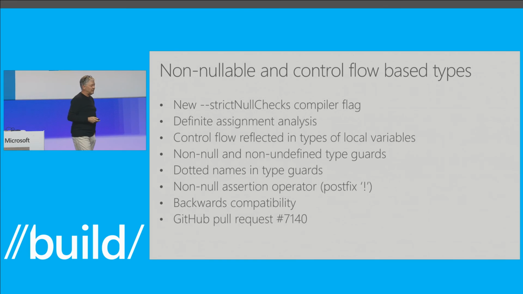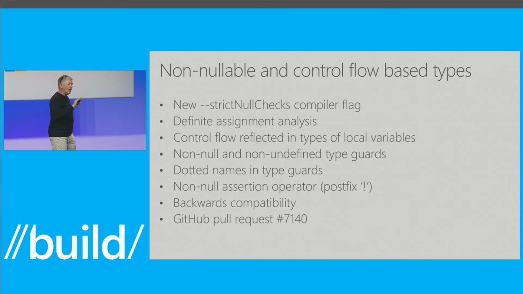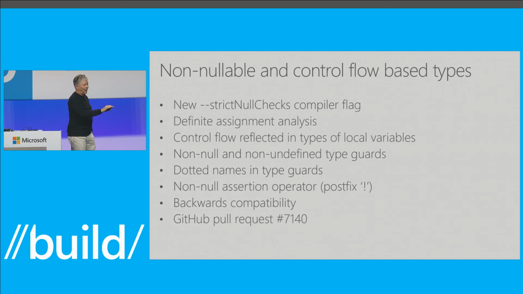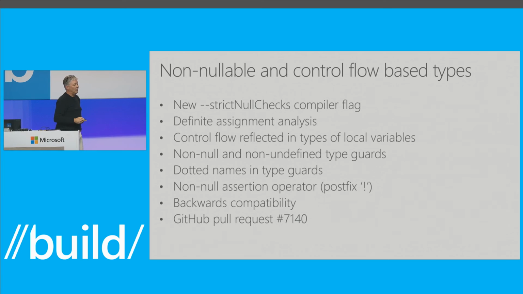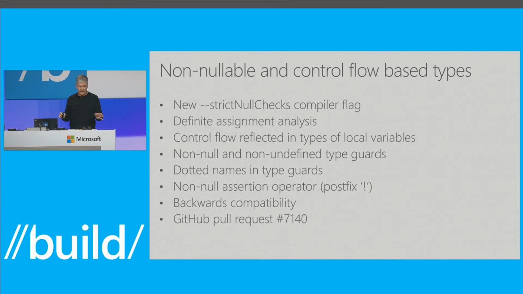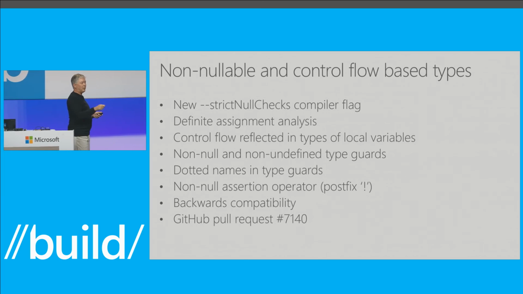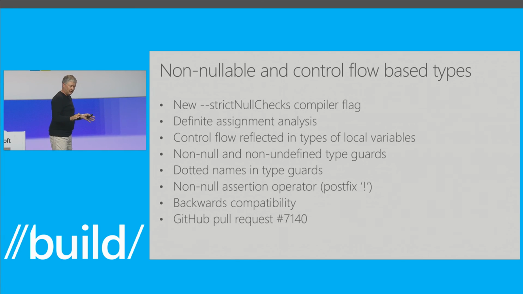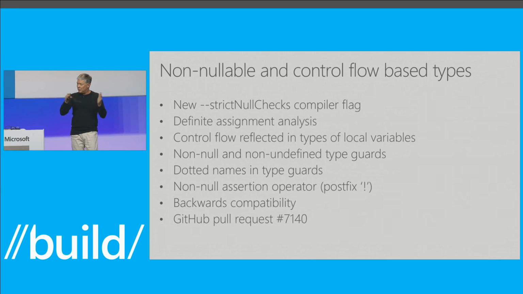Basically, it's a new strict null checks feature, and it's really a whole bunch of different features. Most of it is in this pull request that's down there, 7140. You can go look at it. One of the things that's cool about it is that it's going to be backwards compatible, in the sense that you can update all of your declaration files to include null and undefined annotations. But then when you use them without strict null checking, you get exactly the same results that you have today, which means you can move up to this feature. But of course, all of the declaration files you depend on would have to be moved up there too.